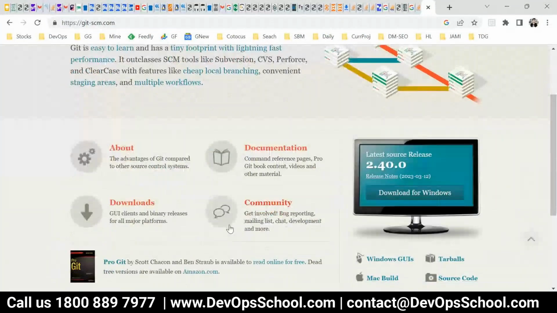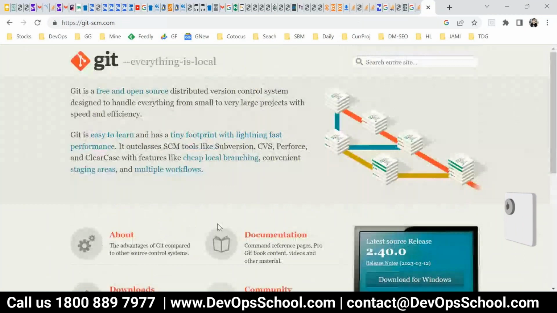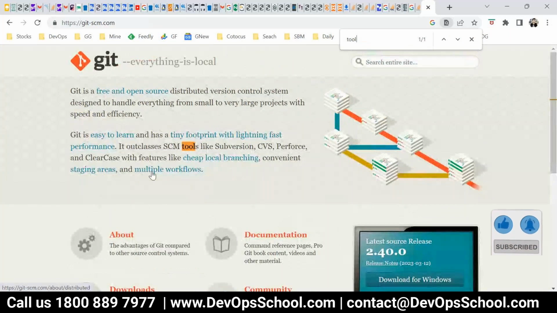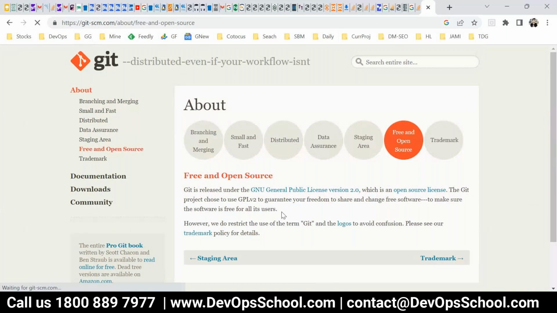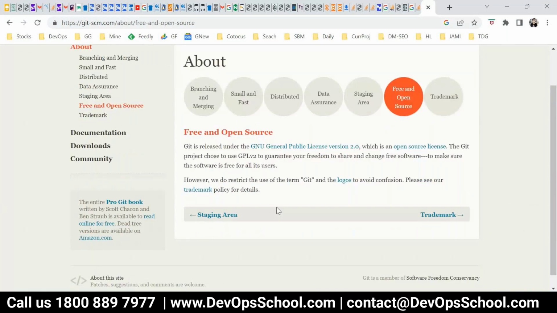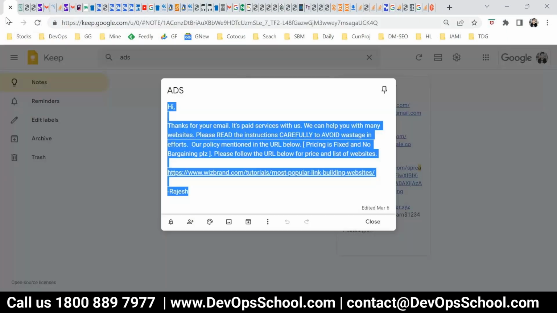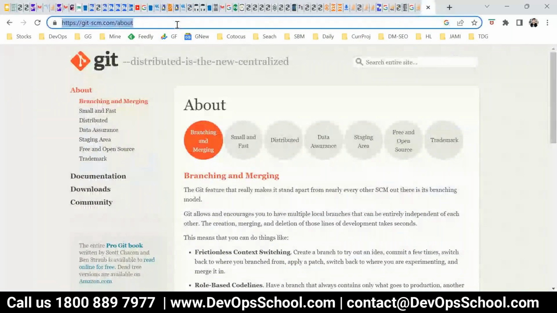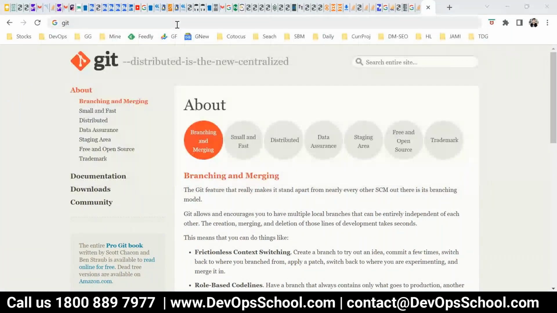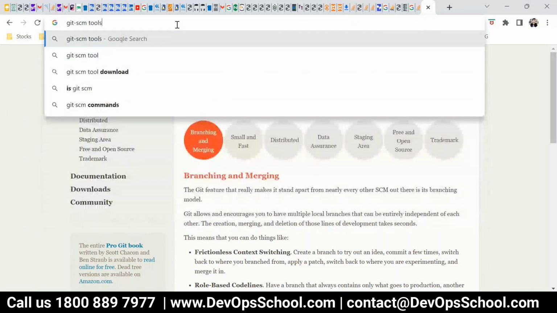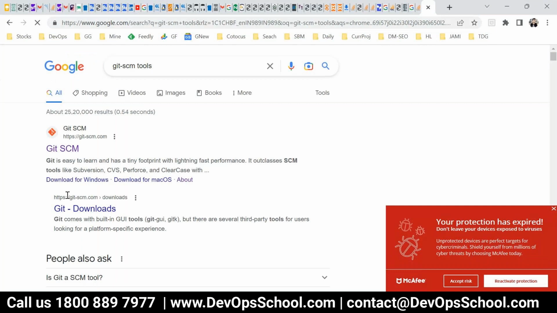For example, where are the tools? Just a second. There is one utility. Hold on. They have modified this page.